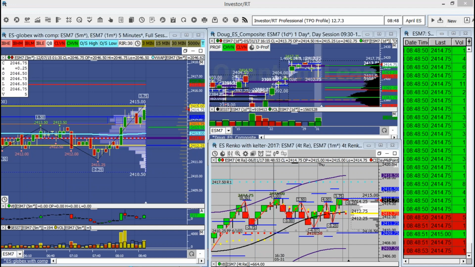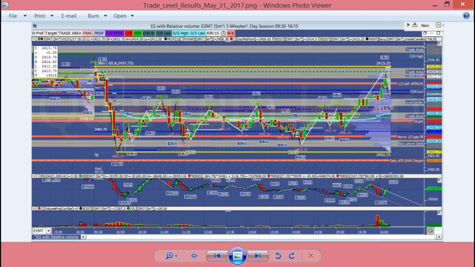Okay, quickly taking a look at yesterday. Well, we had another low probability day. We had 2 days in a row that we did not have the probability of the overnight high or the overnight low taking out our Globex stat. And then yesterday we put in another low probability where we ended up with a normal day and did not take out the Globex high or Globex low. Of course, we opened auction just out of range, and then they immediately sold it off and took it right down to